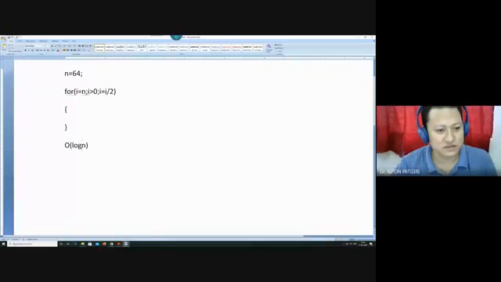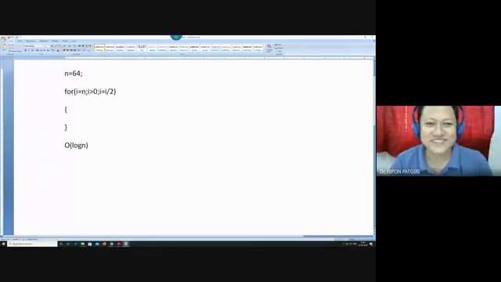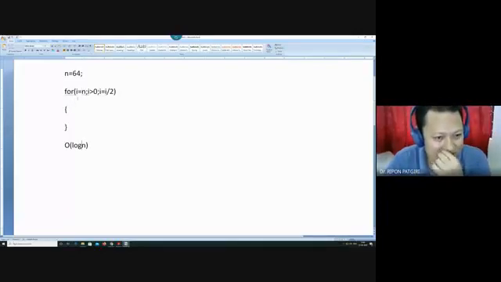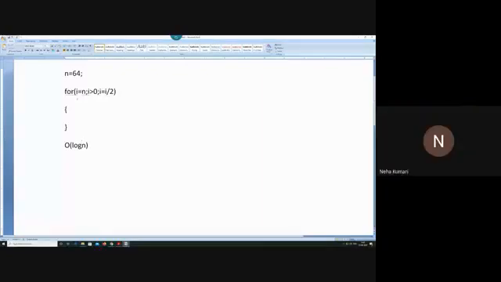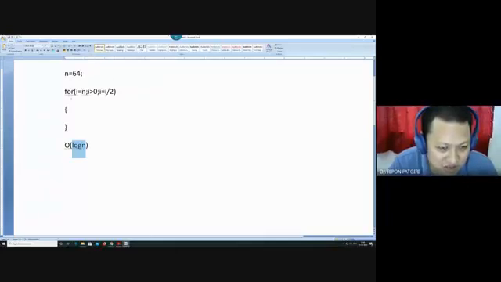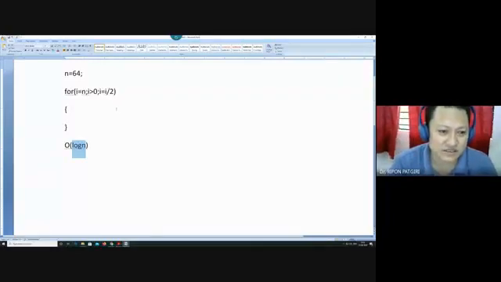Are you clear? What is your doubt? Can you elaborate so that we can discuss? Why are we using log here? Big O log represents the time complexity. How many iterations will it take? How many iterations is it going to run? Am I clear?